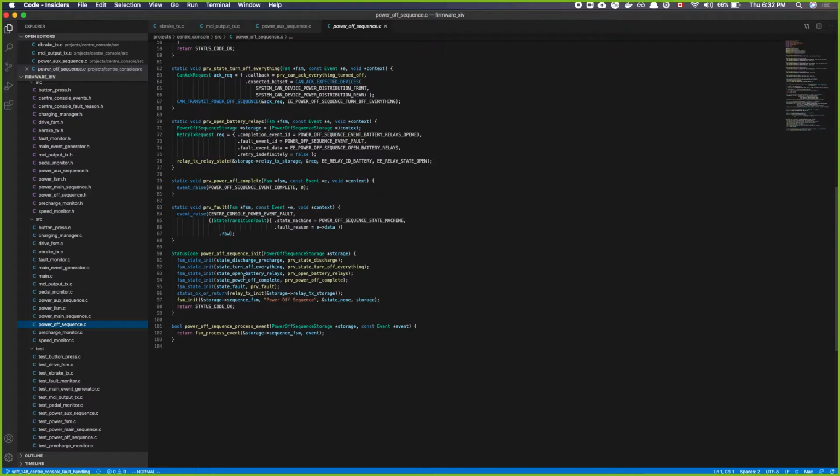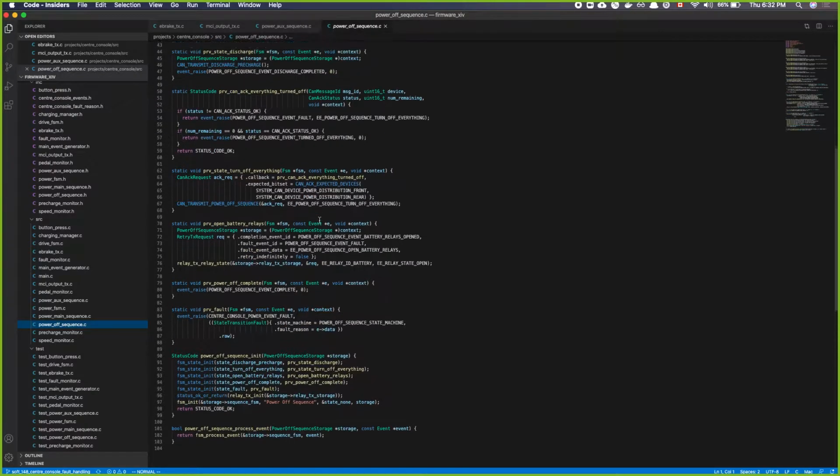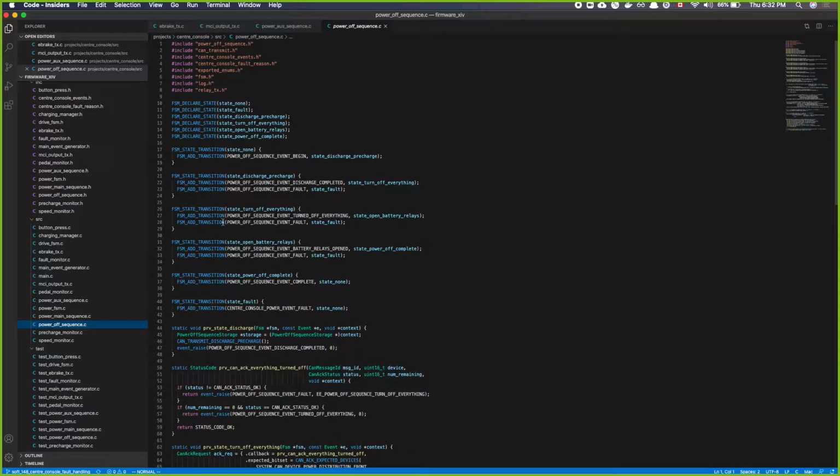Okay, good. I'm glad to hear that, and I hope that when we finish it and start testing it, it is fairly easier to test as well. So basically, let's go over all of these sequences. The power aux sequence, main sequence, and off sequence are basically state machines that have a whole bunch of consecutive